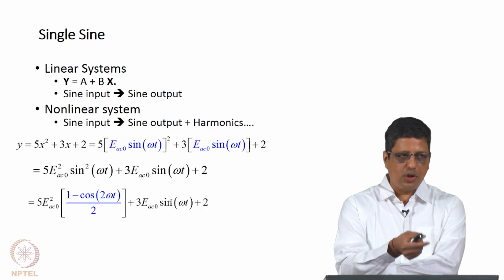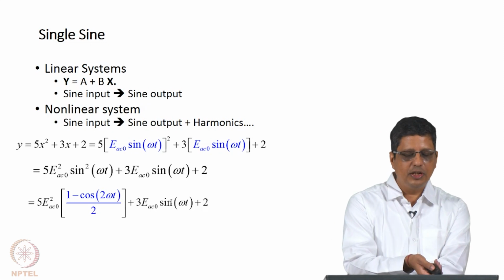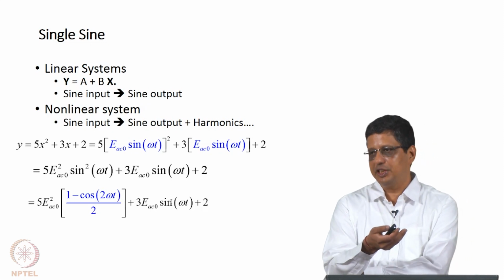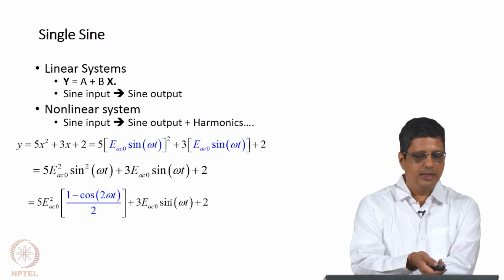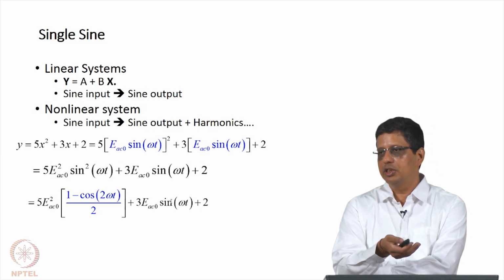So, I do not want sin square, sin cube, sin power 4, but I want to write it in terms of sines and cosines of multiples of omega. The first one would come in a Taylor series expansion, the second, meaning cosine or sine in n omega, 2 omega, 3 omega, they are in what is called a Fourier series.